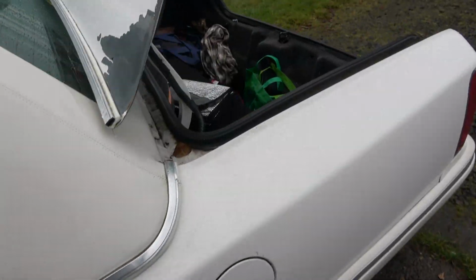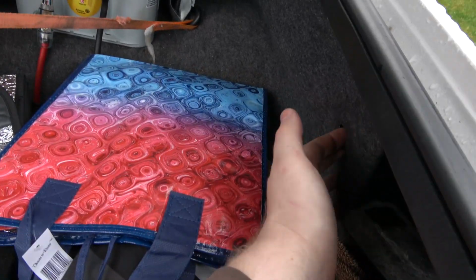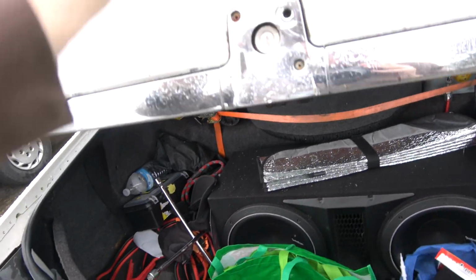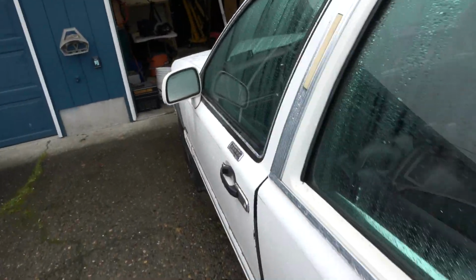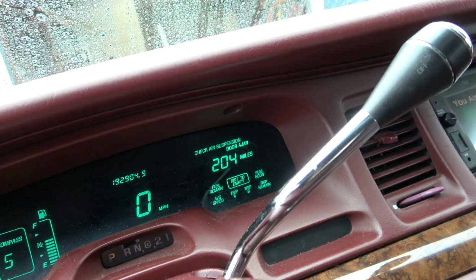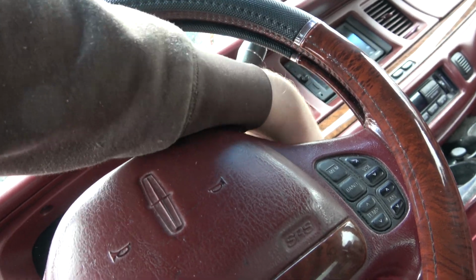Okay, so it's fully pumped up. Now that we've done that, we're going to come over here and flip the air suspension off. So your airbags look like this. I have a spare one in here for emergencies. I'll just close the trunk for now. You're gonna get an error message on the dash, you know, check air suspension. So don't worry about that. So with that disabled,